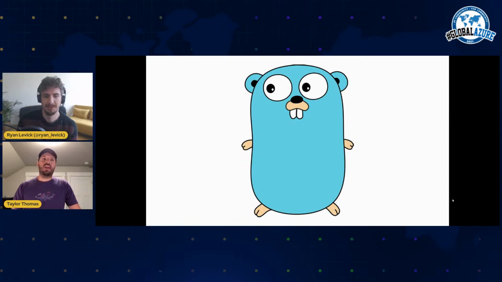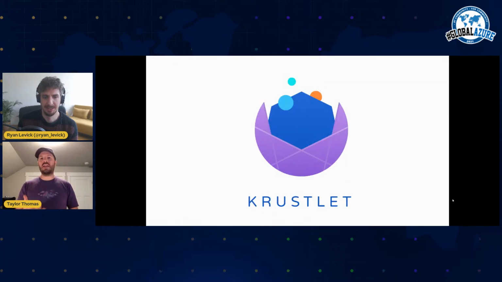This is the Go Gopher, in case you're not sure. Rust is a crab because we're Rustaceans, and Go programmers are gophers. So this is the Go mascot, and a lot of people who do things, especially with Kubernetes, do things with Go. And people always say, but wait, my language is already memory safe. So I wanted to address that a little bit, but in the context of a project that we have called